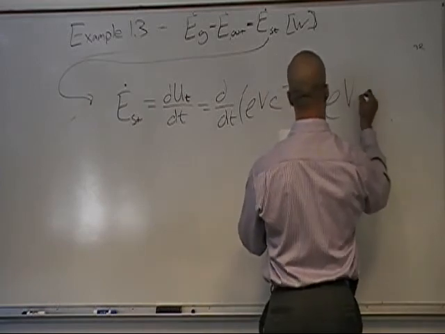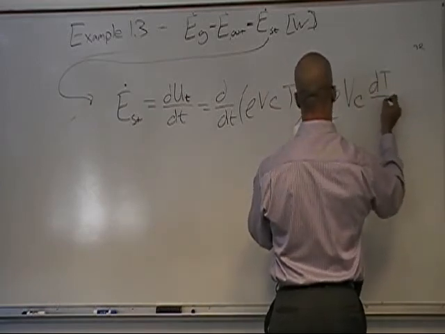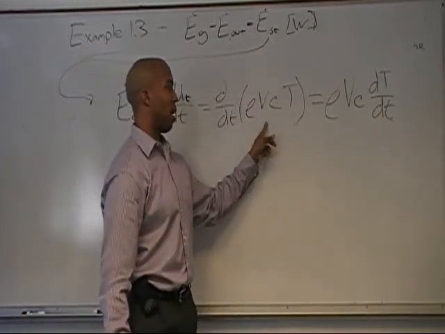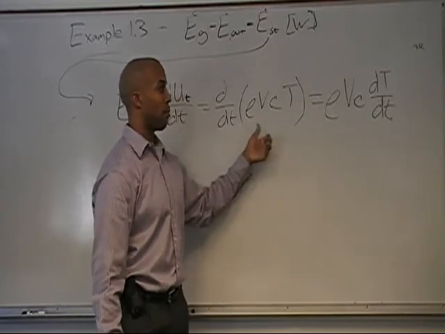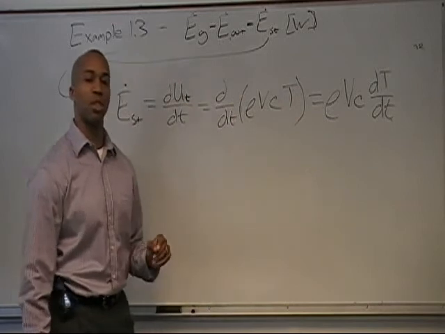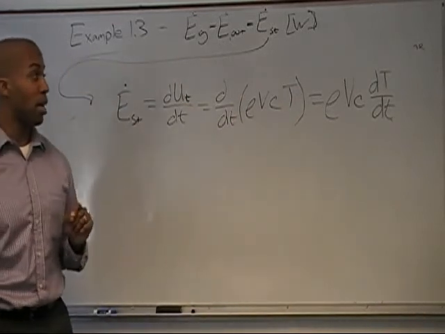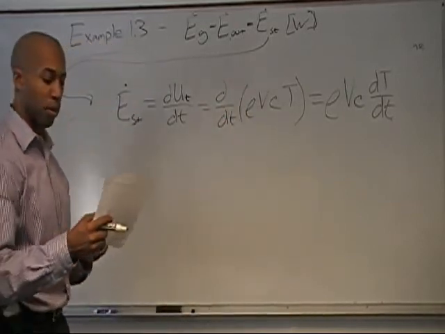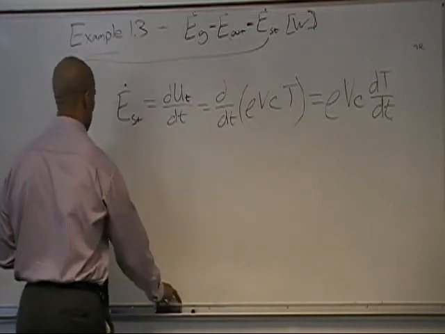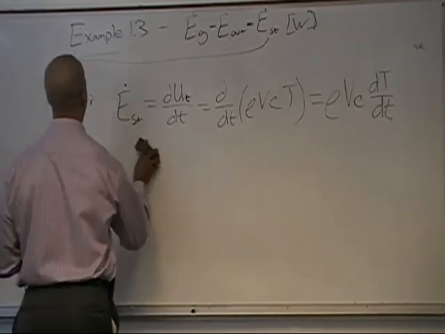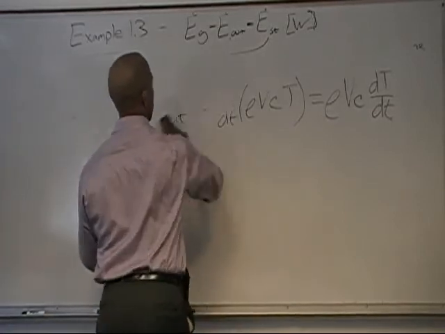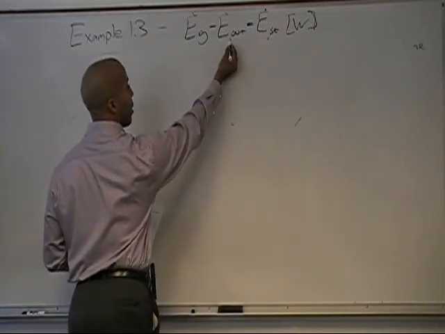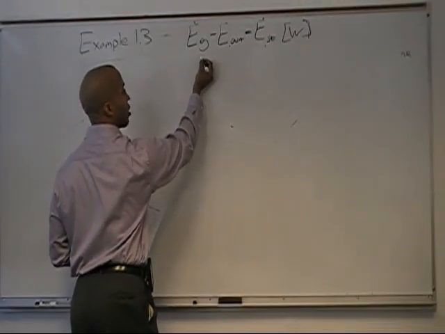And we can rewrite this as that. And basically, that's just stating that density, volume, and specific heat are independent of time. We pull them out, but we know the temperature changes with time. And that's what we're trying to figure out in this problem, the rate of change of temperature with time. We want a relation for that. So now let's put it all together. We're plugging in our rate equations for E out, our expression for the generated energy,